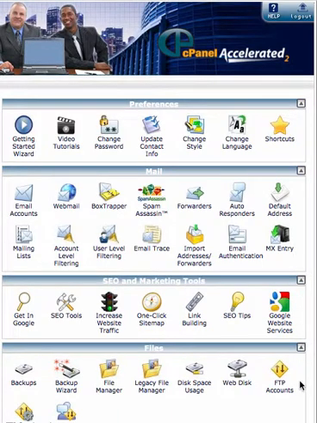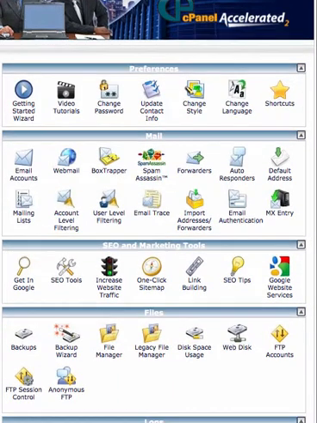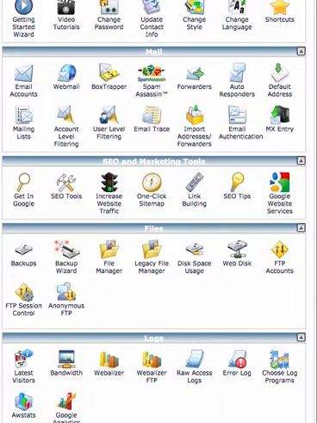Next we have the section with respect to backup. Some of the tools here are the backup wizard, which is the wizard to back up all your files. Disk usage will show you the statistics of how much of your disk is being used and how much is free.